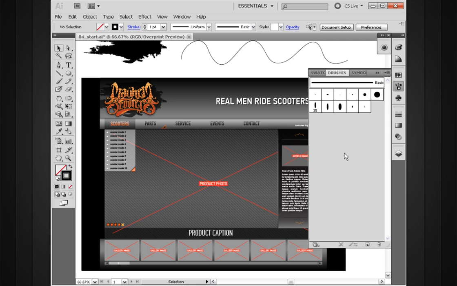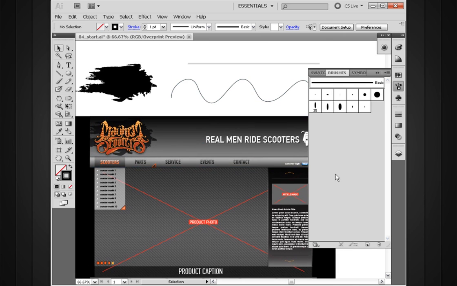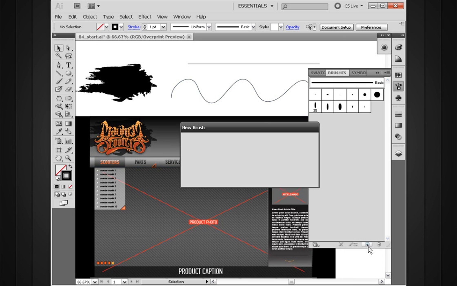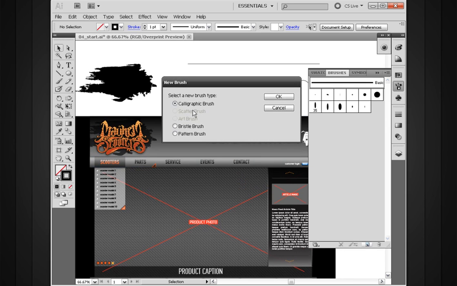There are 5 different types of brushes that we can actually create within Illustrator. Let me hit this new brush button right down here at the bottom. We've got 5 options here, but 2 of them are grayed out, and we'll talk about that in just a moment. First, let's talk about this first option. We've got the calligraphic style brush option here, and it's selected, so let's hit OK on